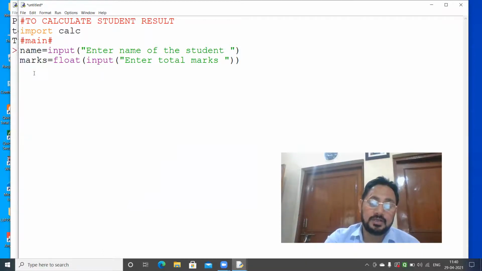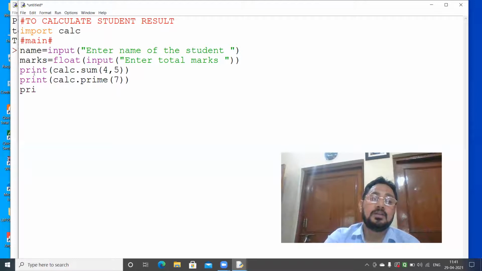Now what I will do here: I want to print in this only calc dot sum of two numbers, 4, 5. I can do that. I want to print or check whether the number is prime or not. So print in this only, I can give a number 7 and it will surely work. Calc dot prime.